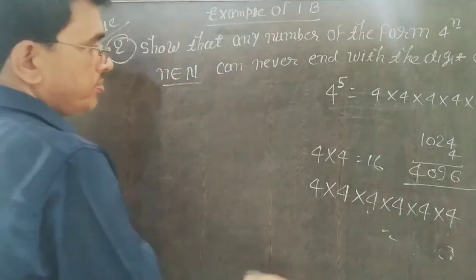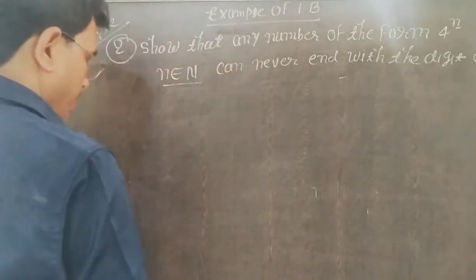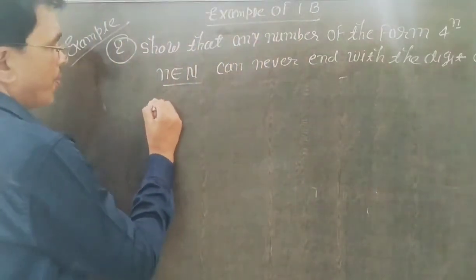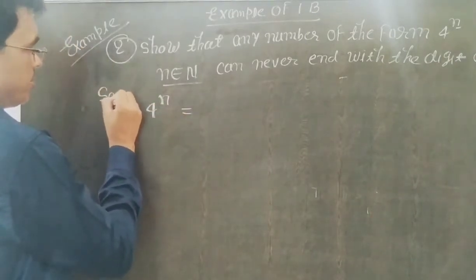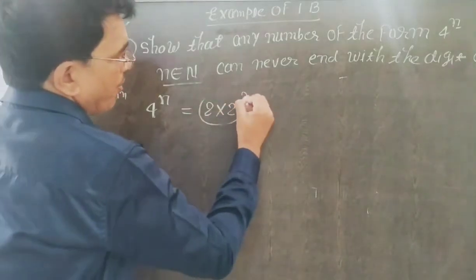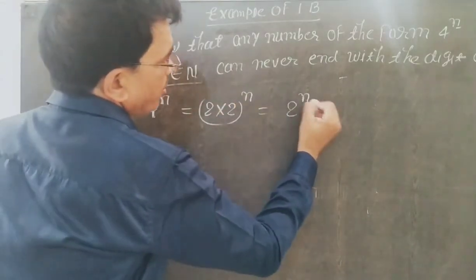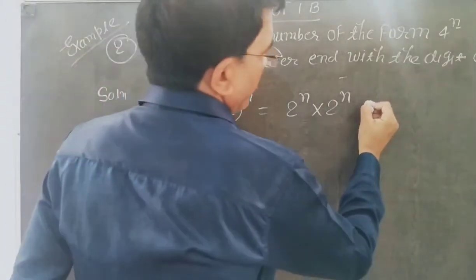So now solve the question. How can we solve it? You write 4 to the power n, we express it as 2 into 2 to the power n, that is 2 to the power n into 2 to the power n. According to the